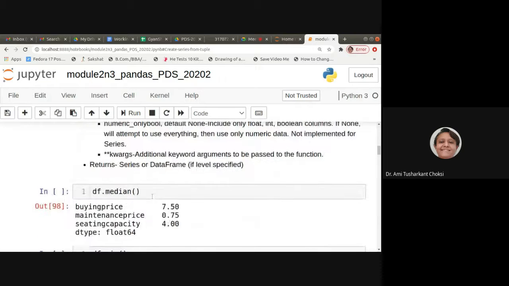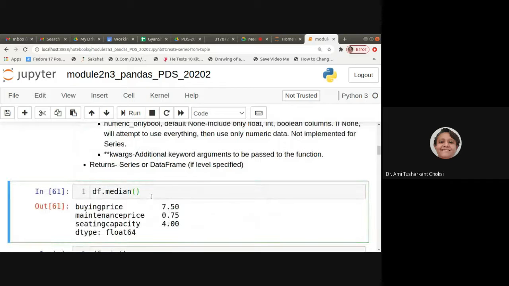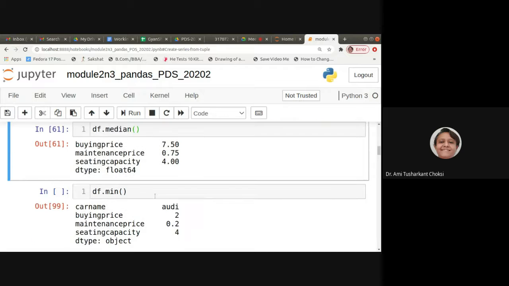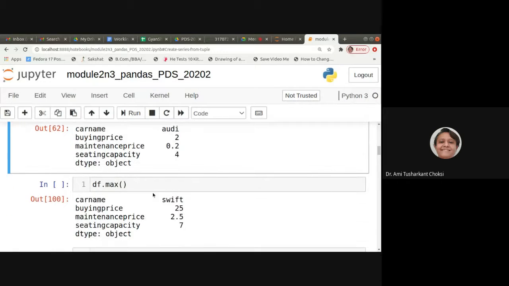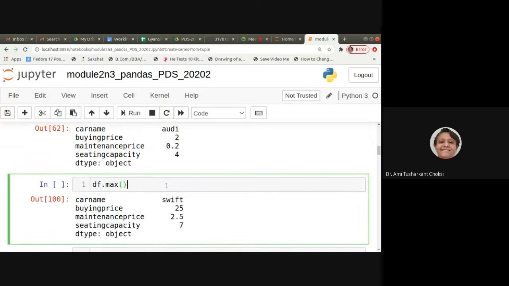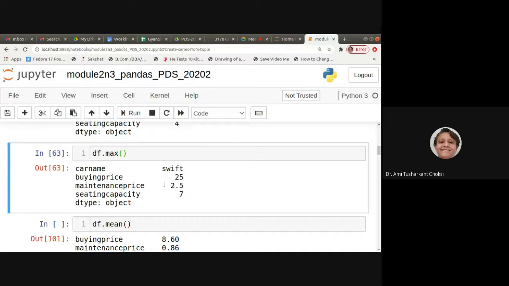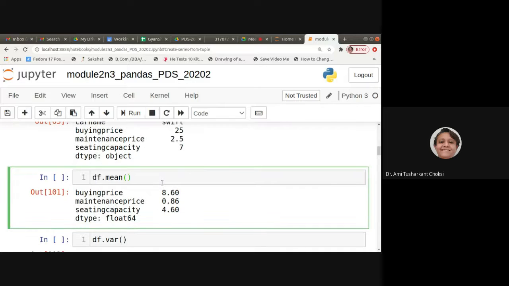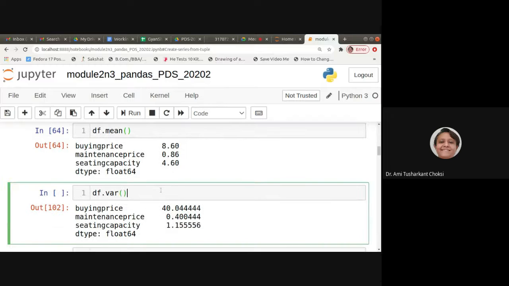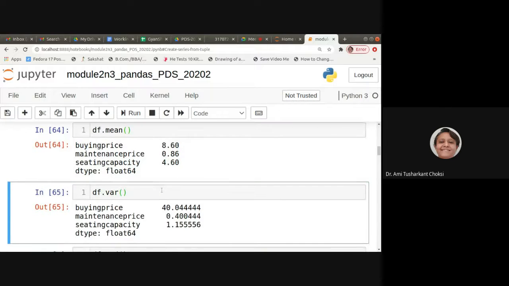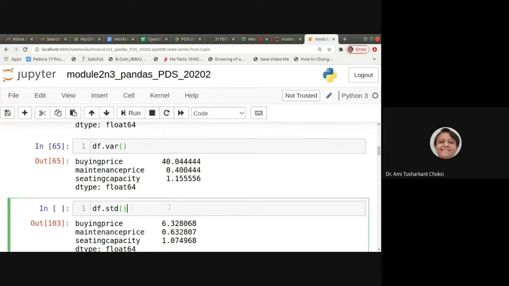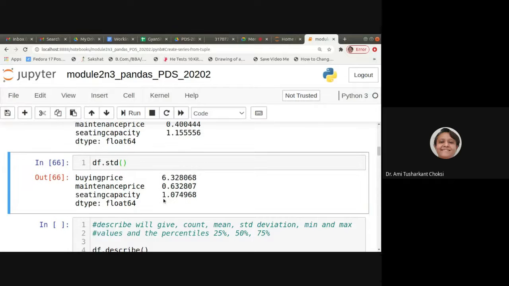For median, we can say df dot median. So it will give us the median of each and every column. For minimum, it will give us the minimum of all the columns. For max, it will give us the maximum of all the columns. For mean, it is giving us the mean value, then variance, and standard deviation, that is std.